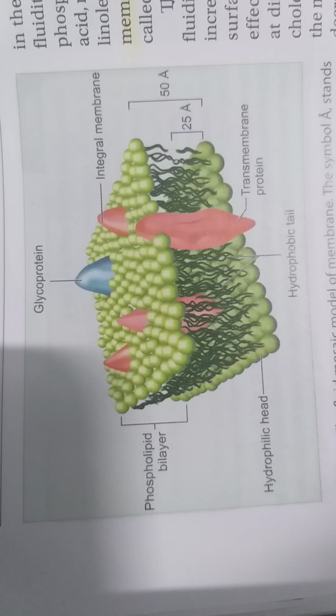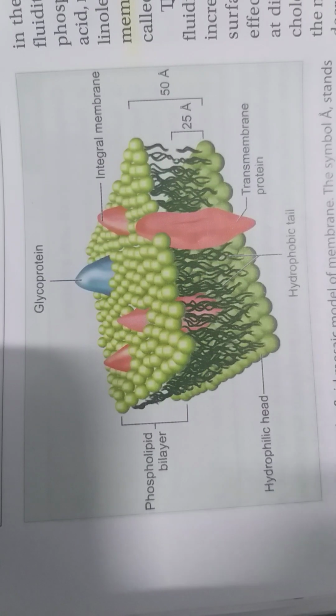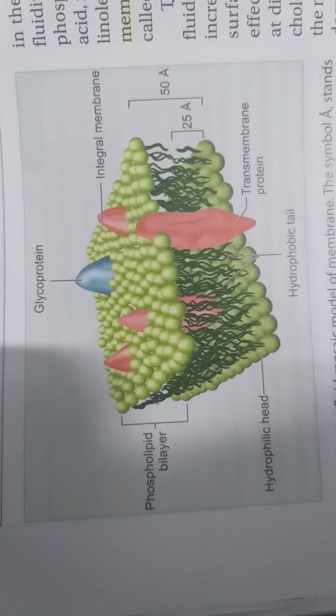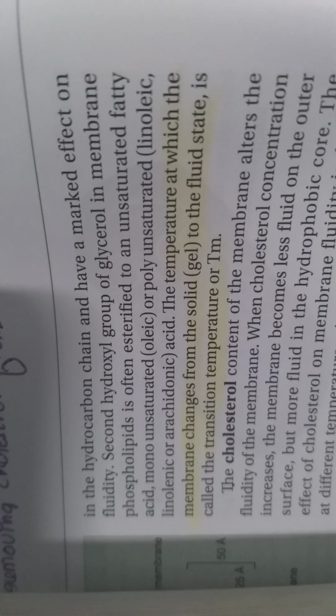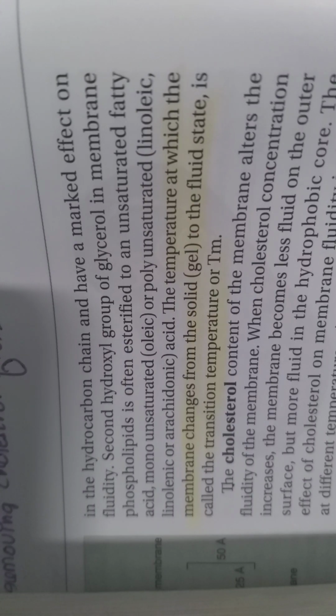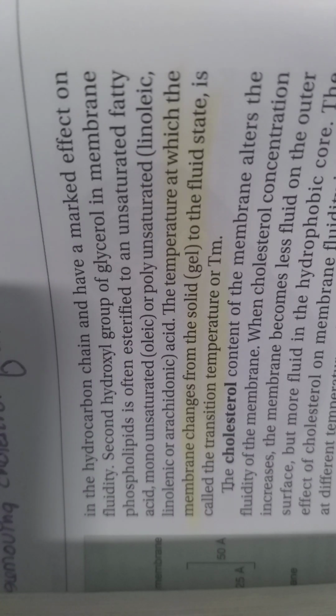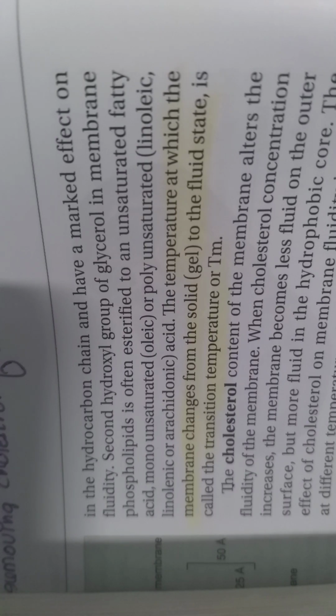Now to talk about the factors affecting the fluidity of the membrane. The fluidity of the membrane is maintained by the length of the hydrocarbon chain, degree of unsaturation, and the nature of polar head groups. Temperature also plays an important role. The temperature at which the membrane changes from the solid gel to the fluid state is called the transition temperature